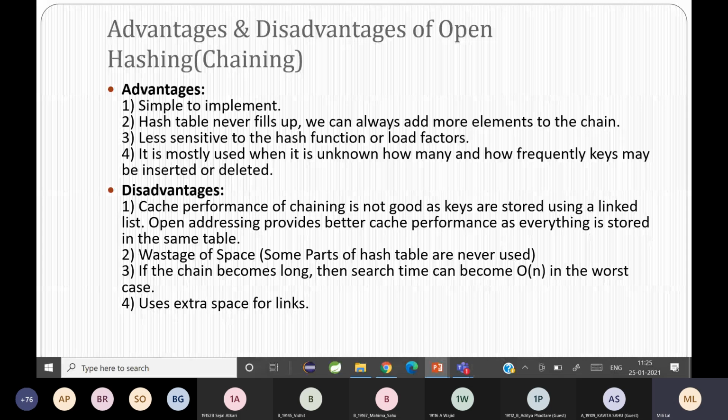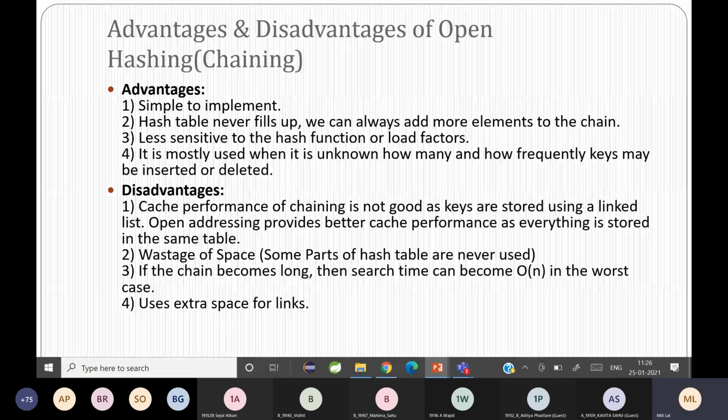Then wastage of space. Some parts of the hash table are never used, like the clustering problem. So there is wastage of space, because whenever collision happens, you're linking nodes instead of finding the next available space.